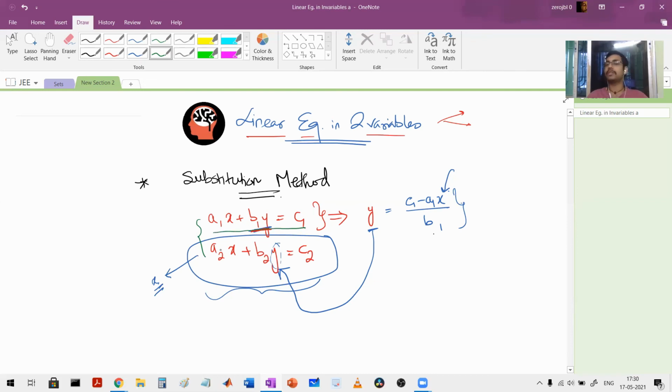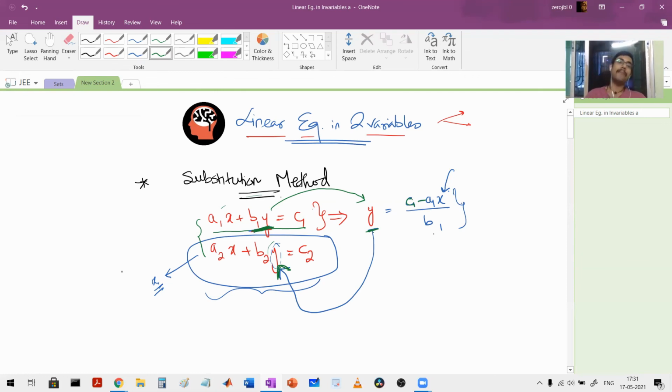So we take any one of the equations as per our convenience. We extract the value of just one variable. Let us suppose y. So we wrote y in terms of x. See, b1y is equal to c1 minus a1x. I just took y. Yes, absolutely, you can take. There is no such issue. That's why this is called substitution. So the moment you find y here in terms of x, you put the value of y in place of this. It is not necessary that you always take y. You can also take x. That is totally situation dependent.